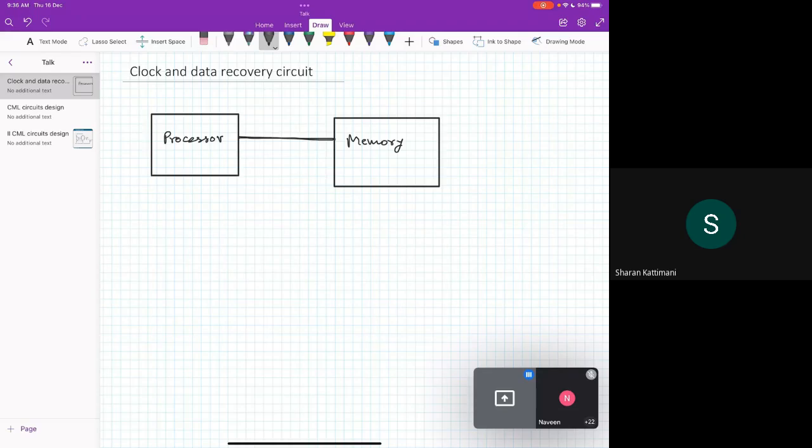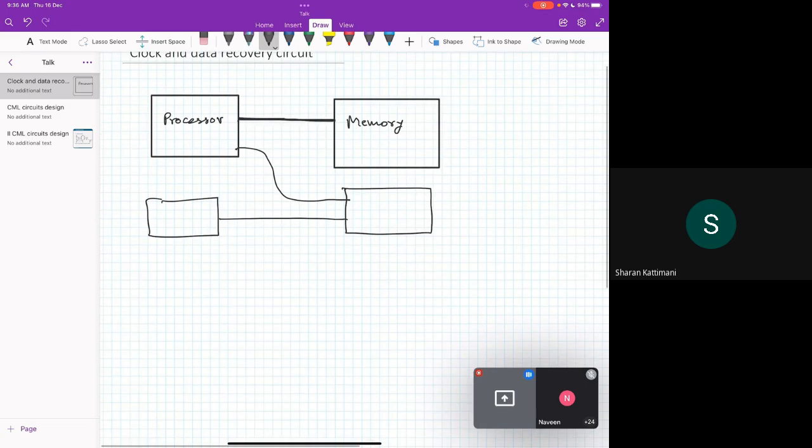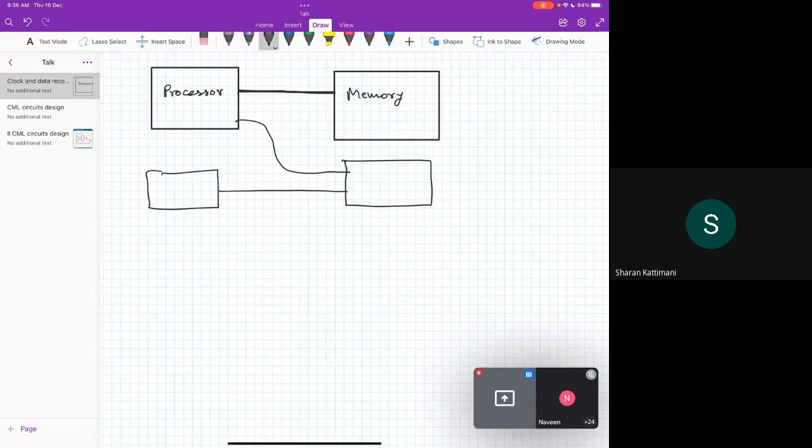Provide data in high speed, and then a memory also needs to work in the same way. So when we make these connections, or also in other blocks of any system, if we make a connection to any other block, something like that, what will happen is that you cannot directly connect with a wire. What you need to do is you need to put a proper